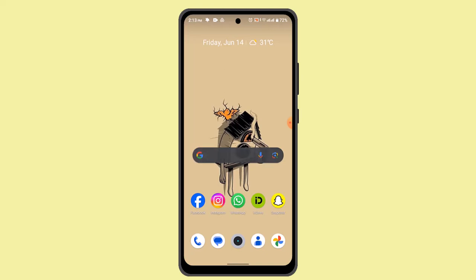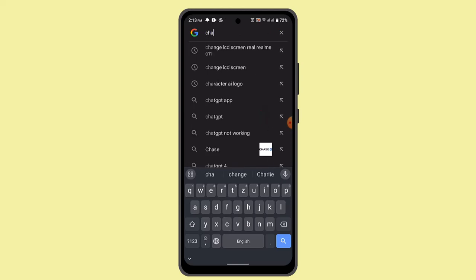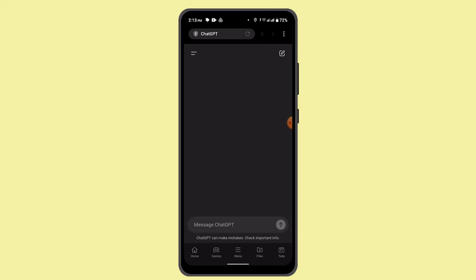In this following video, I'm going to show you the ways to fix verification not received on ChatGPT. For that, you just have to log into your account, and when you're logged in, that's going to take you to the home page. If you're unable to get your verification code or you're not able to receive your code on ChatGPT, then